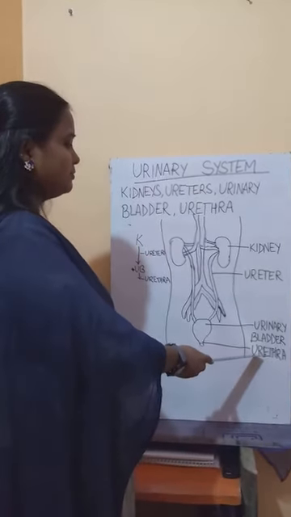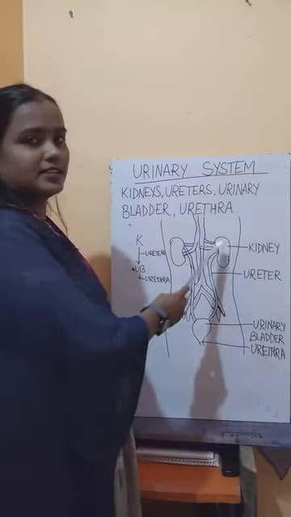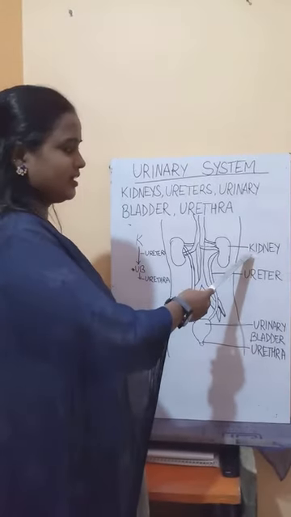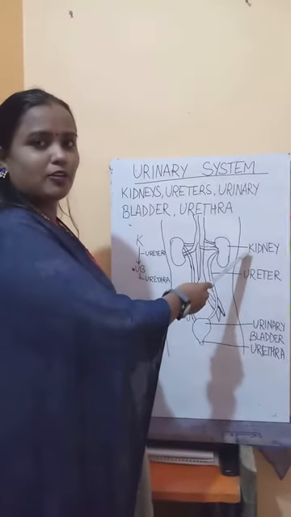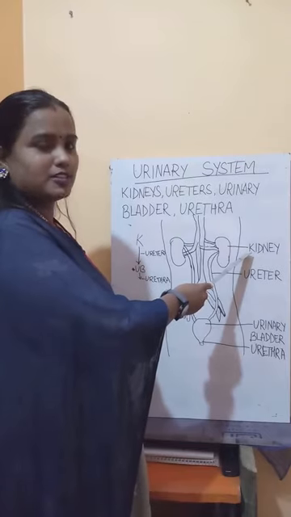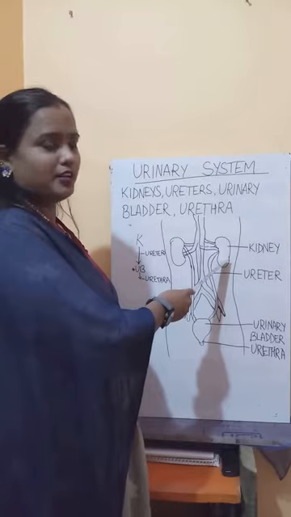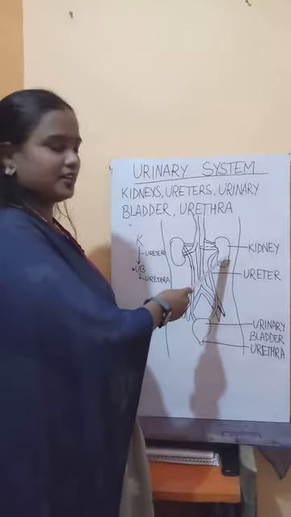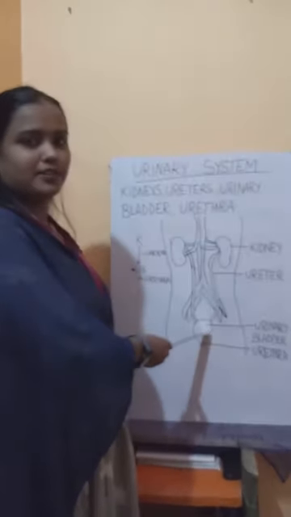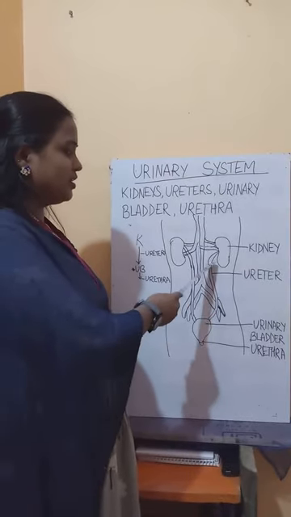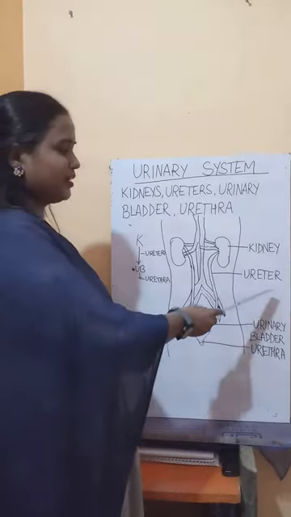So we have basically four parts in the urinary system. The process starts from the kidneys. Here all the waste along with the extra salt and water remain, and then these turn into the urine. From here the urine is passed to the urinary bladder, and it is passed through these tubes which are called ureters.